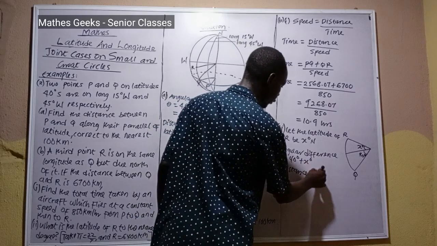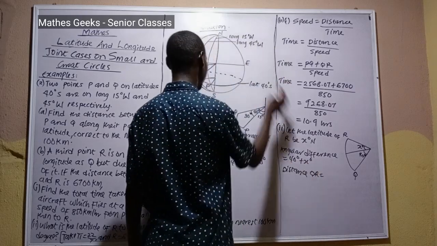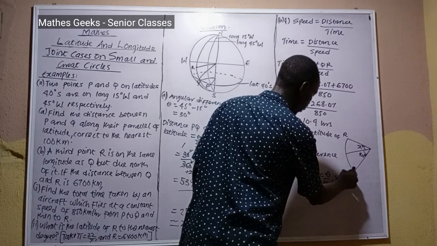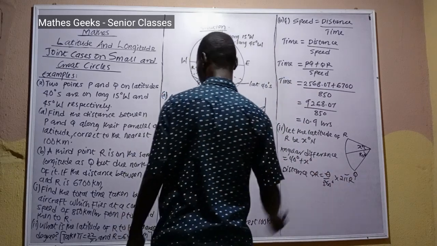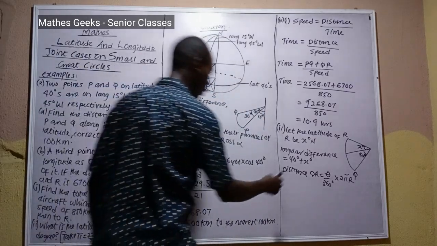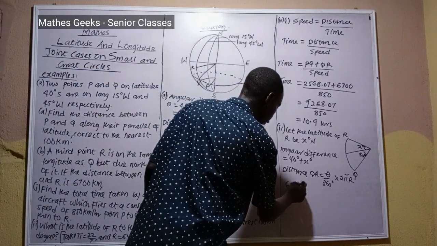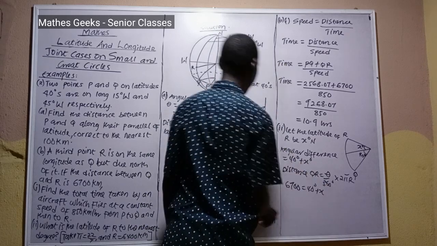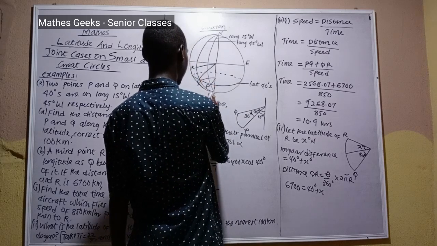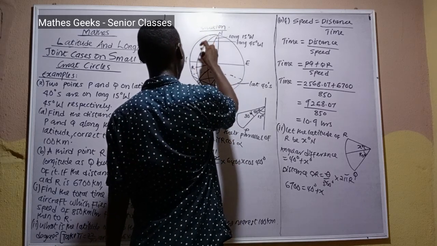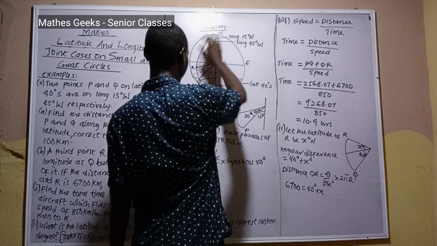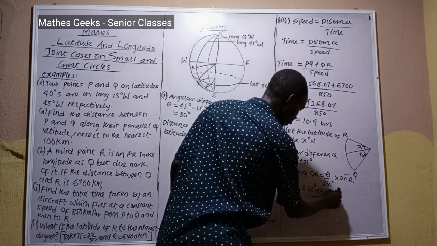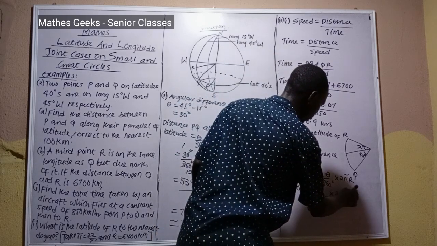Distance QR is on a great circle, so it will be theta over 360 degrees times 2 pi r. QR is 6,700 kilometers, equal to 40 degrees plus x, because it's addition: Q is on the south and R is due north, on a different hemisphere. So 40 degrees plus x over 360 degrees times 2 times 22